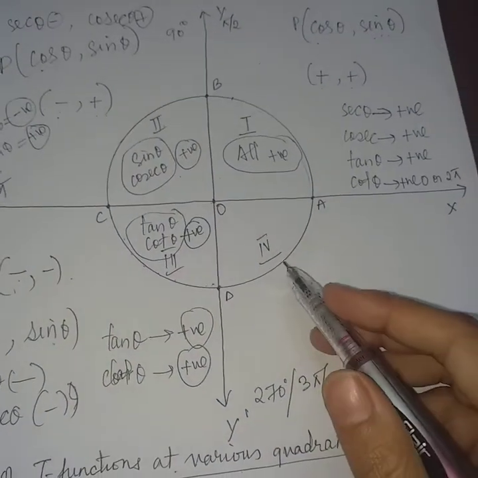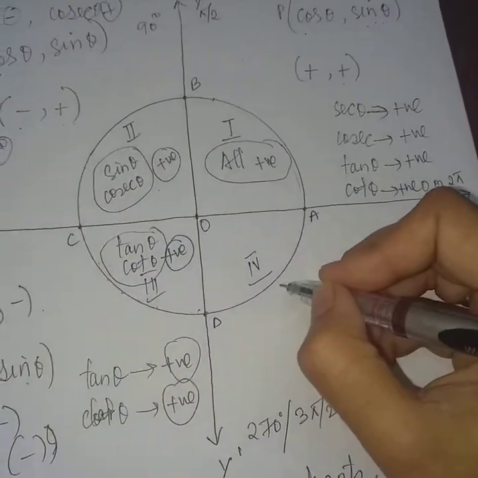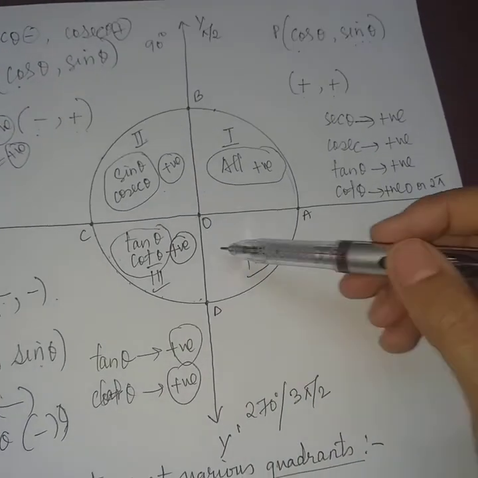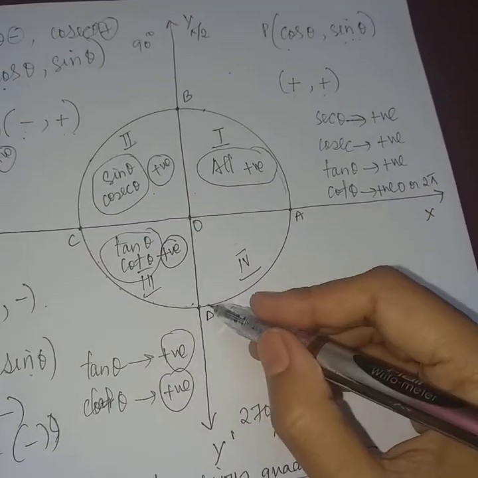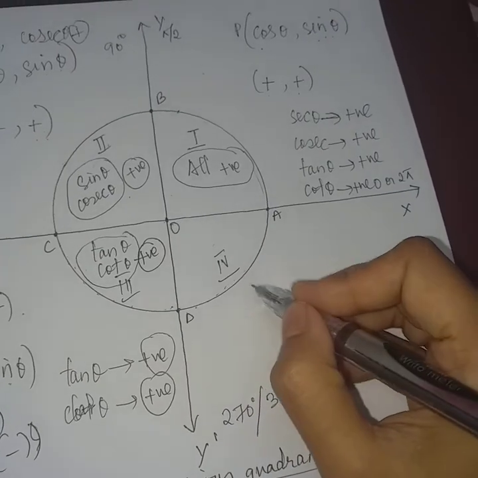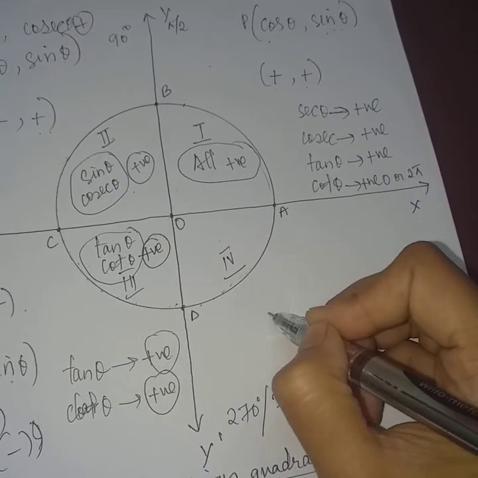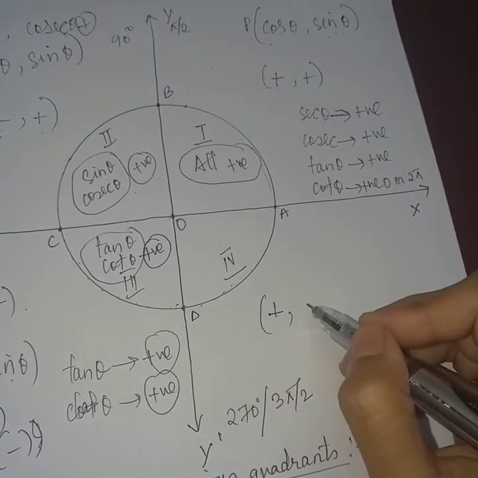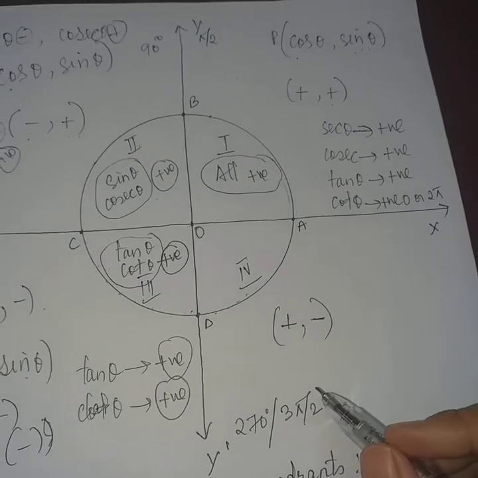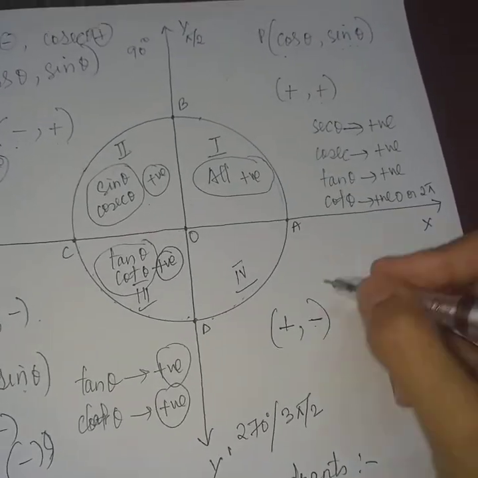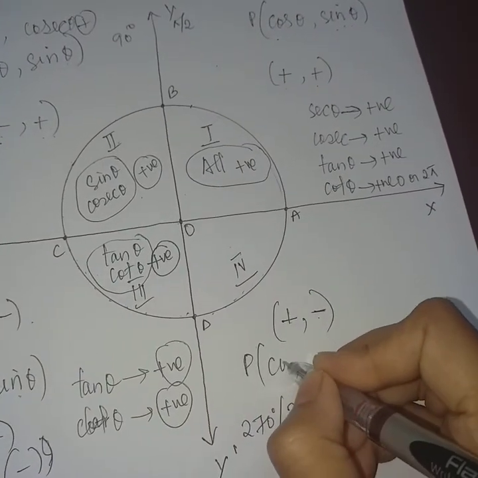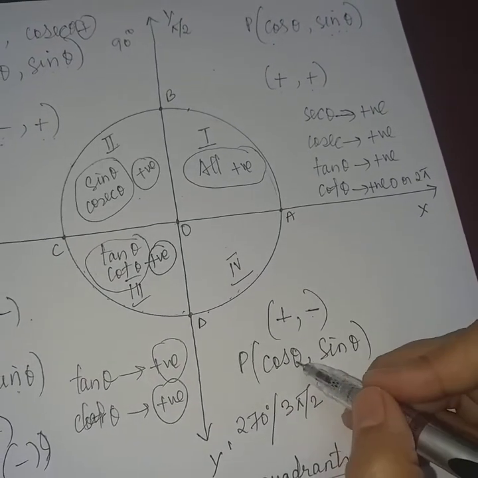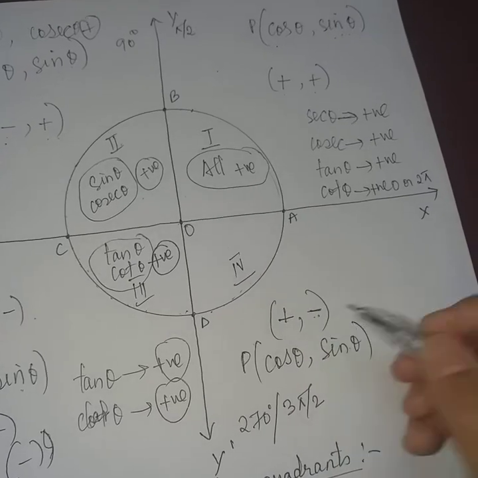And in the fourth quadrant, the x coordinate is on the positive side and the y coordinate is on the negative side. So all the points on this circle in this quadrant will have coordinates where towards the x it is positive and towards the y it is negative. So this will be the coordinate of the points. And since the coordinate in this quadrant gives cos, cos theta is positive, sin theta is negative.